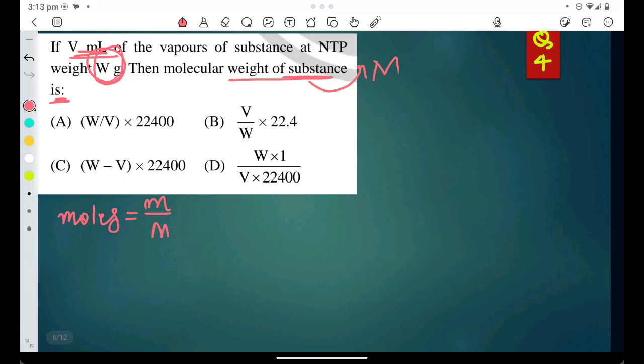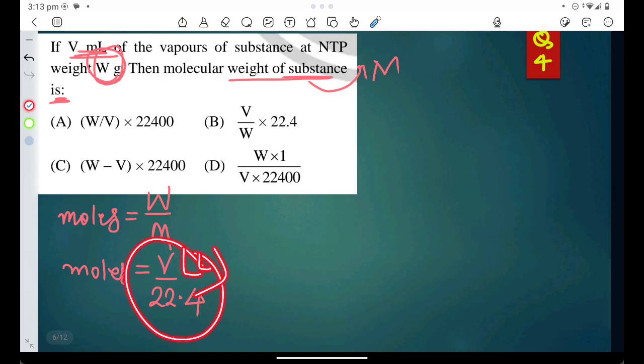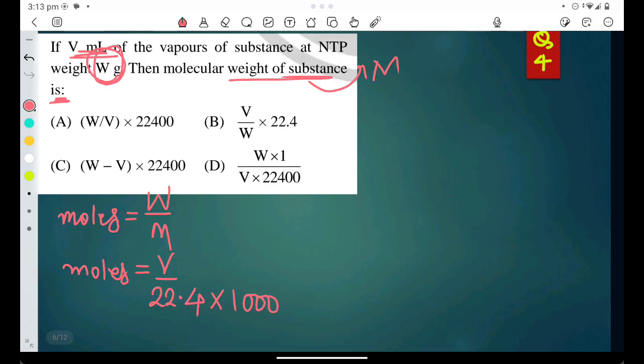Weight by molecular weight. So weight is given to us as W. So W by M is also moles, and again moles using the formula of volume, and volume is V divided by 22.4, and this formula is only applicable when the volume is in liter, but here the volume is in ml if you look carefully. So for that I have to convert this also into ml, and I have to multiply by 1000. So this is going to be V by